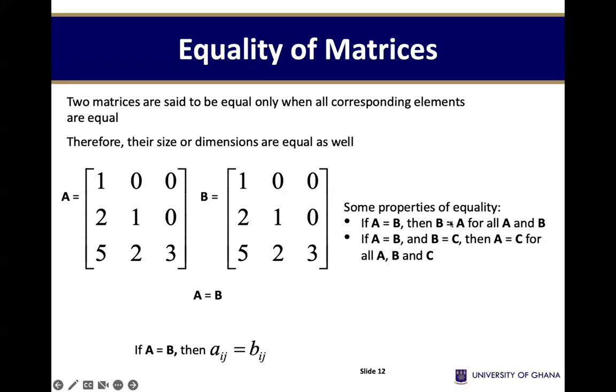Now, some properties of equality. If A equals B, then B equals A, for all A and B. What we are trying to say is that if A is equal to B and B is equal to A, then we can say the 2 of them are equivalent. If A is equal to B and B equals C, then we can say A will also be equal to C, which is true. This is simple logic. If A contains 1, then B contains 1. If B contains 1, we obviously say that C also contains 1. So at the end, we can say A is also equal to C, because they are 1,